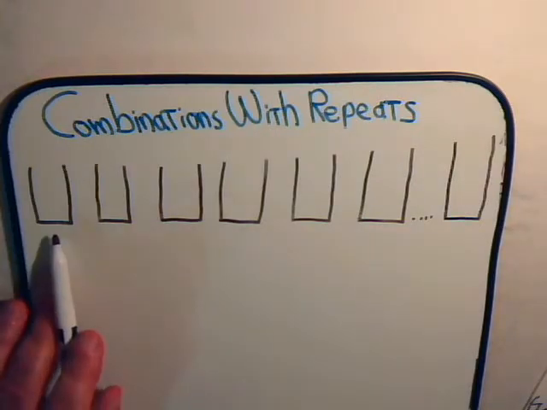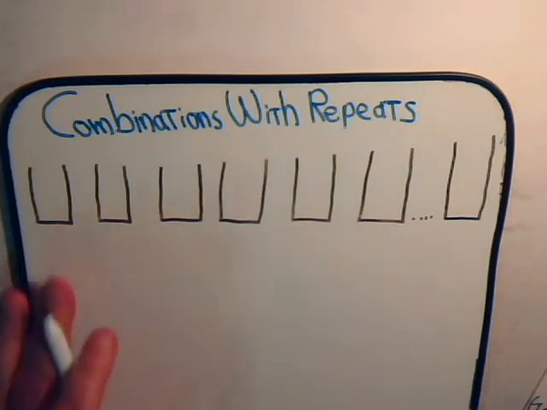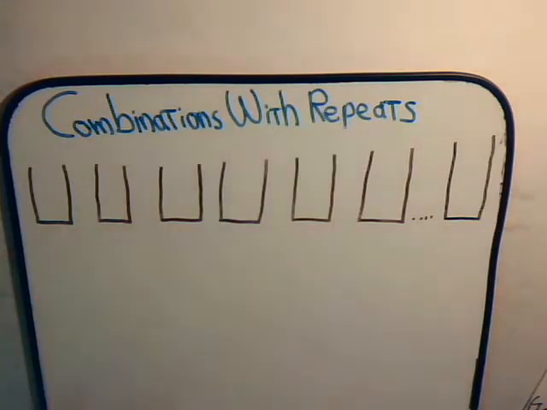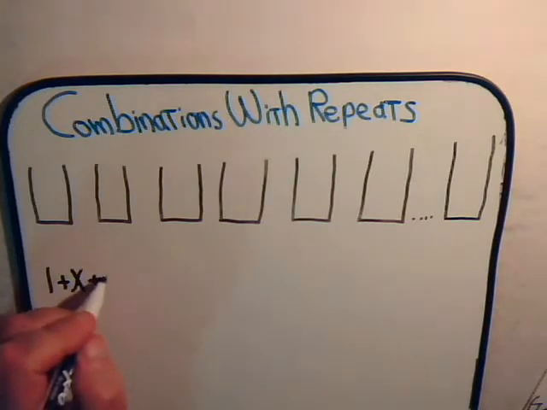So the first crate we can imagine is filled with hundreds of pieces of candy, and we could say, all right, let's just look at the problem now from the viewpoint of this one crate. From that one crate, how many pieces? We might choose 0 pieces of candy, or we might choose 1 piece of candy, or we might choose 2 pieces of candy,